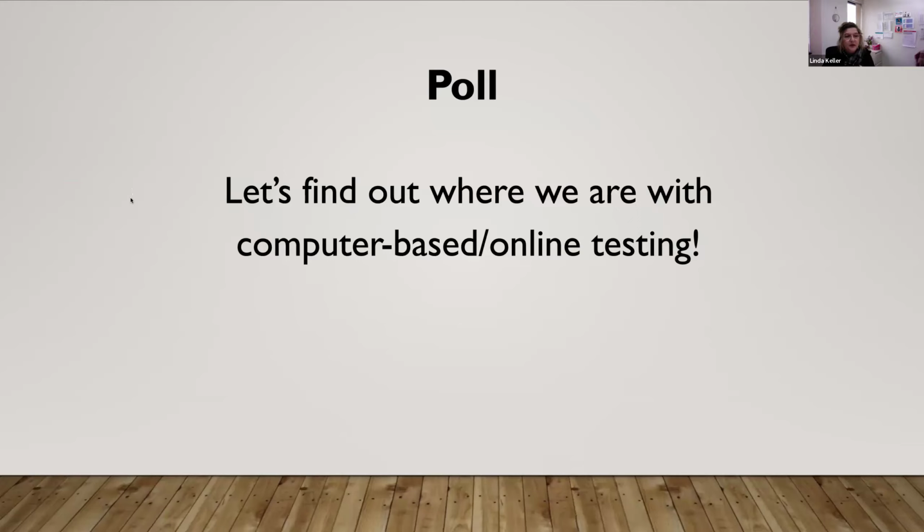And then there's information about CASAS and e-testing and TOPS Pro and so forth. So if you could just take a minute or so to provide some feedback, that would be great.